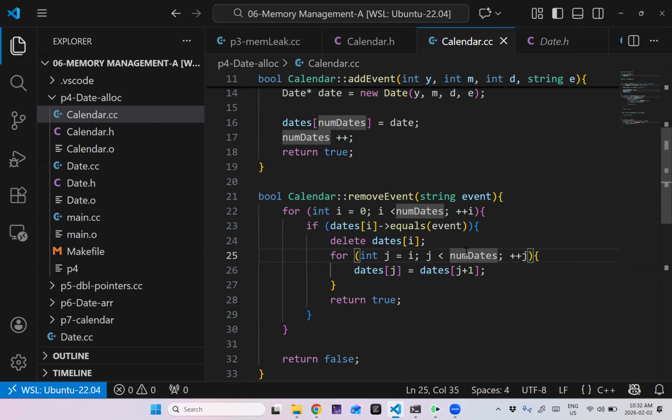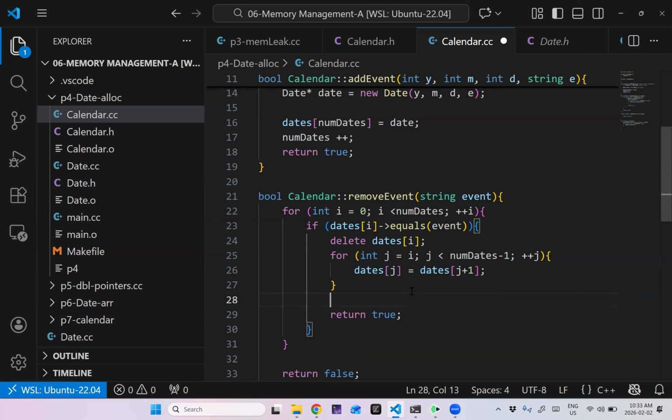But so yeah, technically I want to do something like this. It should be -1, or I could have decremented num dates first. Just, when you're writing stuff like this, try and think of the edge cases, and that usually helps you figure out what you should write there. All right, questions? I think this will work. Let's try it out.